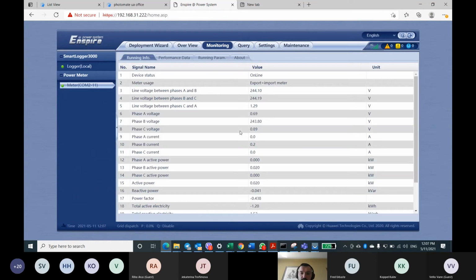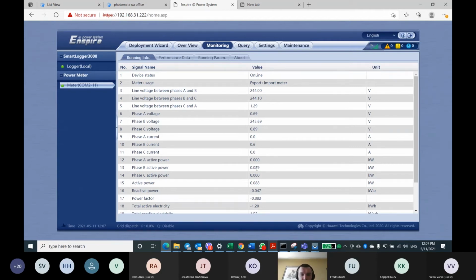We go to monitor and see what is going on. You see that phase B active power is about 20 watts. So basically the inverter is powered on and so on. I can try to connect the laptop charger, and you will see that it should grow a little bit.